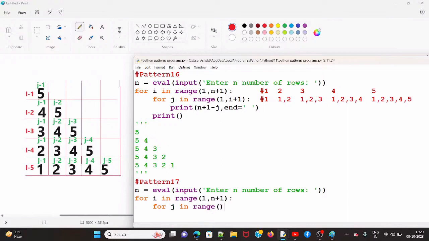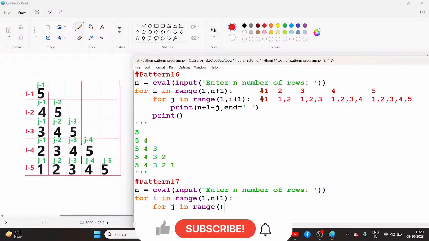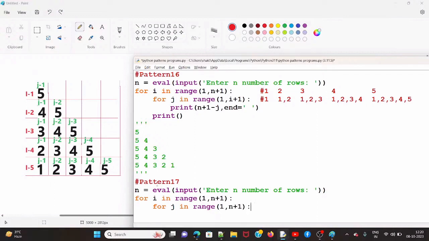Now here also it is the same, guys, because i values and j values are both the same here. I take 1 comma n plus 1, and then when you come to the printing, guys,